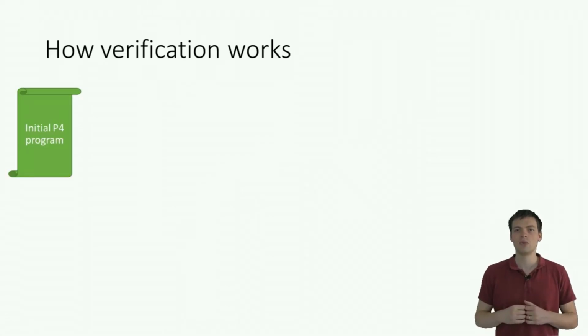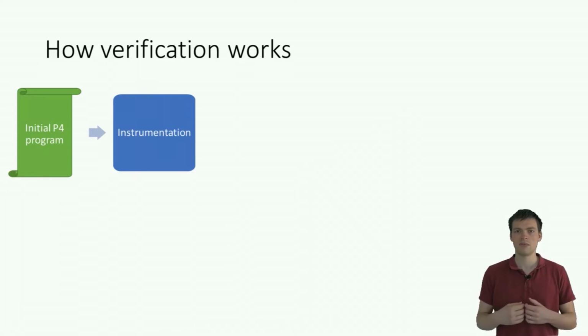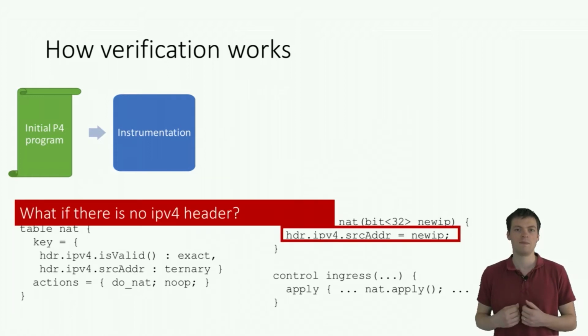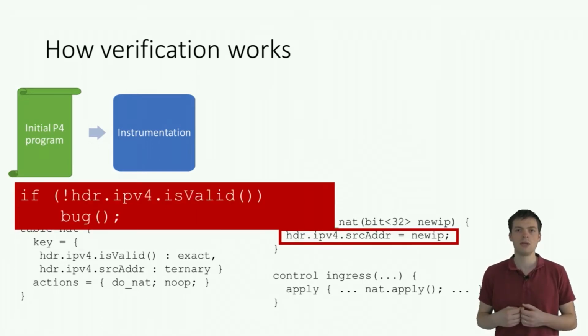Let me briefly show you the high-level steps of every P4 verification tool and also bf4. First, the program is instrumented. Here's an example. Table nat does source address translation, takes as input the IPv4 source address, and rewrites it to a new value using action do nat. Now, what happens if there is no IPv4 header present at the moment of calling action do nat? Well, the standard clearly mandates that this is an undefined behavior. So in order to capture this situation, we need to add an instruction before the possibly buggy instruction. In our case, the if statement reads, if there is no valid IPv4 header, then go to a buggy state